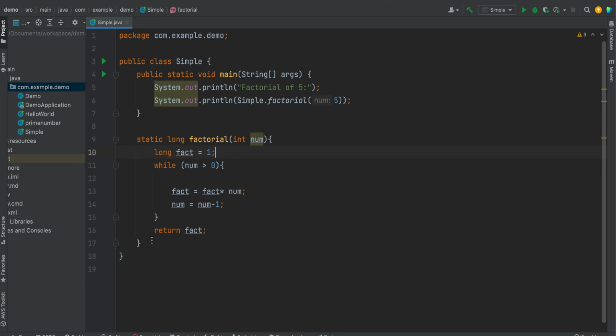Let's see how we can write this same function using recursion. There are multiple advantages of using recursion. At first you might feel it is very complex, but once you understand it, it will be very easy for you. The main advantage of using recursion is to break a big problem into sub problems. Right now, if you want to calculate the factorial of 5, we are decrementing the value one by one and then calculating it, right?